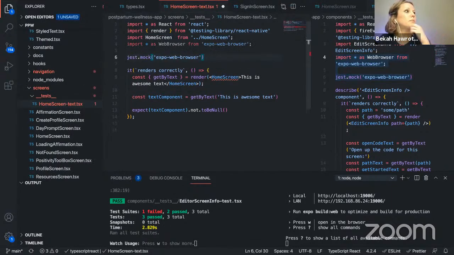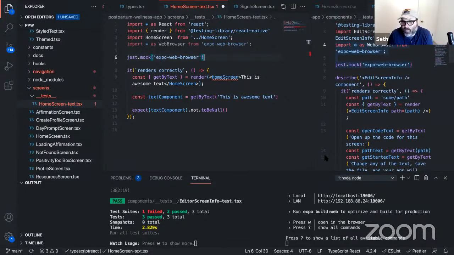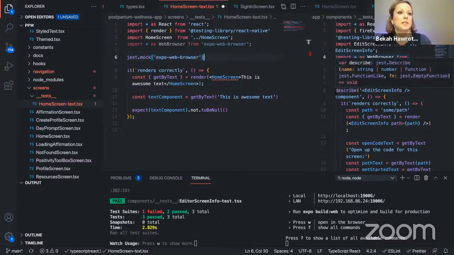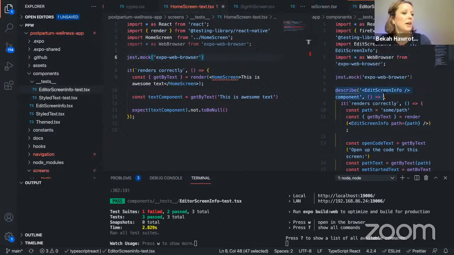Okay. So it's probably the path. I don't fully understand what that prop is being used for, but it looks like to me if we pass path equals path, we might be on the right track, and mock whatever, or on line 10, say whatever path it is. Yeah, you know what? I think this is a better one to go ahead and look through, because we've got this describe here before its statement, which we don't have in the other one because we weren't looking at a screen. Good point.